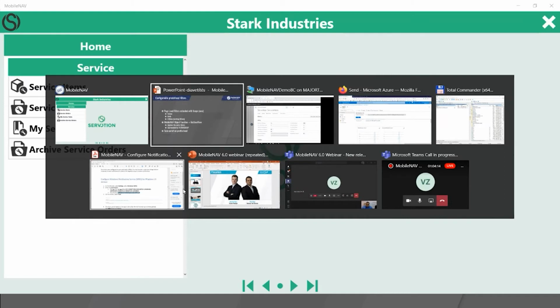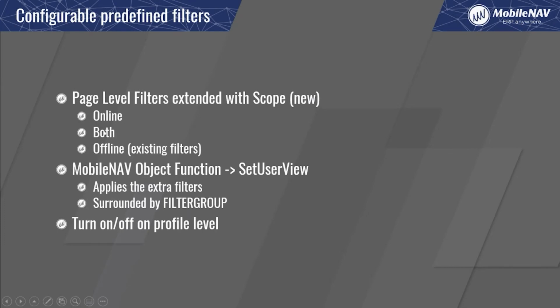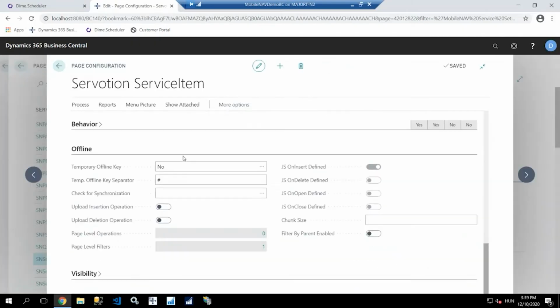And one other example: with the predefined filter, you can choose whether it should be an online filter. So it's basically like a predefined filter, which the user cannot break. But you can also configure the offline page level filters, which will be only applied in the offline mode when the device has already downloaded the data, but you don't want to show them. And as an extension to this, you can also switch these predefined filters on and off on the profile level. So if you log into the profiles, then you can enable or disable the different